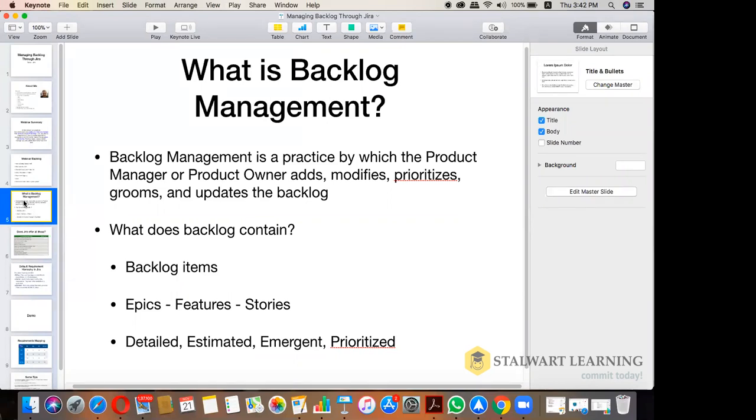So definitely the backlog has to have something. The backlog contains backlog items, BIs, or product backlog items, PBIs, is what we call them. These are high-level items, very high-level requirements, which are then split into smaller requirements that can be done in smaller time frames. So these are epics, features, stories. We don't take tasks as backlog items because those are activities which need to be performed